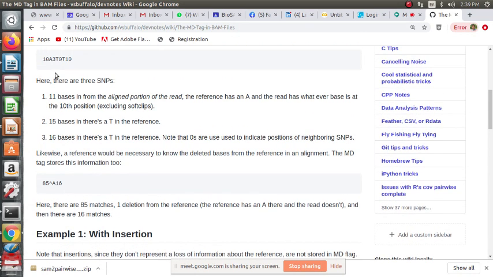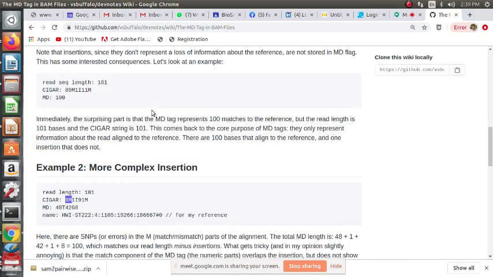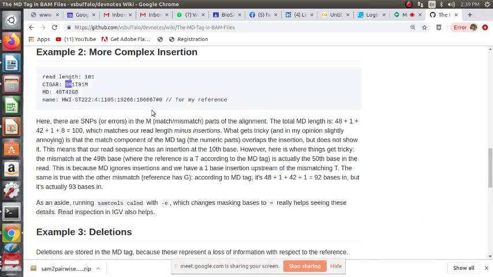as in our previous example, for example, if the MD is going to be 10A, that's going to be 11 bases, and the 11th base is going to be the A. So here also in the same way, if it is going to be 48T, it means that this is going to be 49 bases with the 49th base as T. So within this 49 bases, there are 9 matches first, followed by 1 insertion.